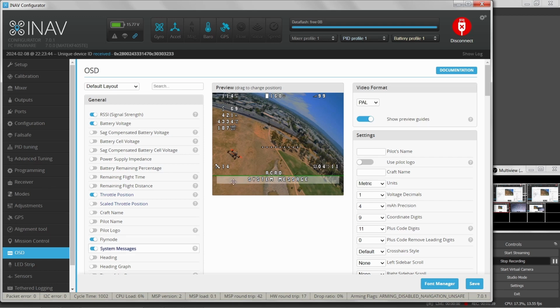So the first thing you want to do is get this above this little green line here. This green line indicates the distinction between NTSC and PAL aspect ratios here. So I'm just going to move this up, and you can just drag it by clicking and dragging. And the system message, if you notice, it spans all the way across here. So if I try to drag it from the S here,